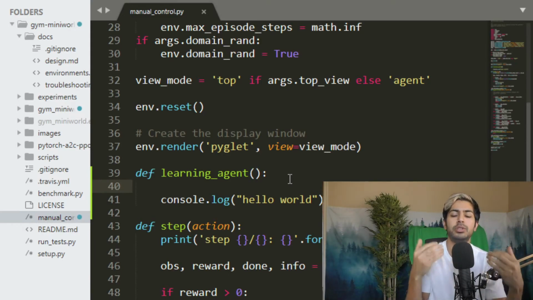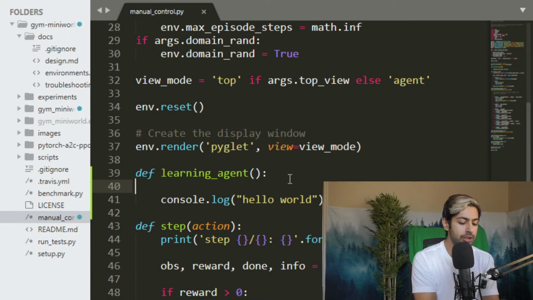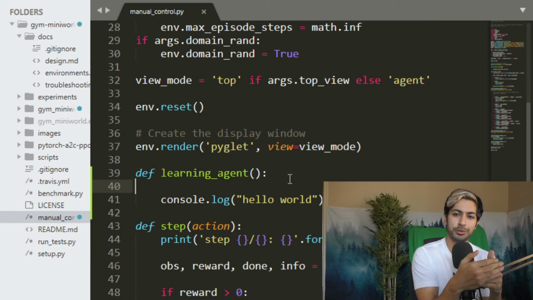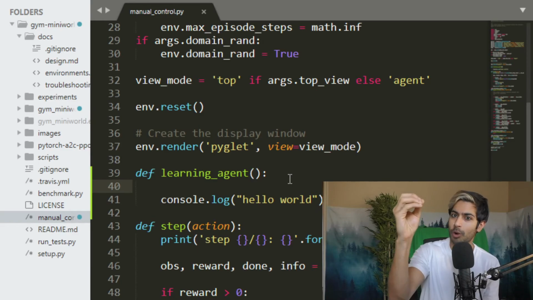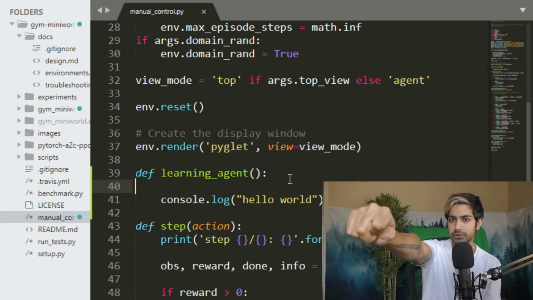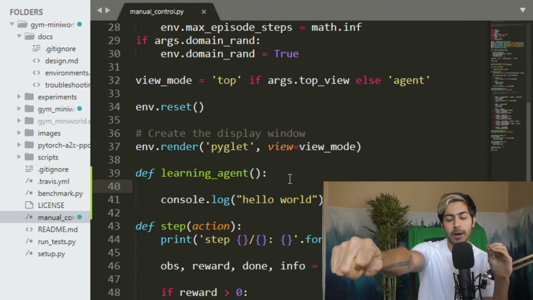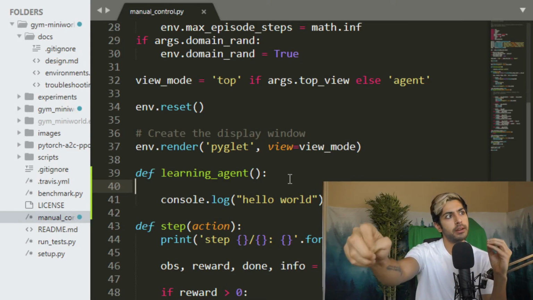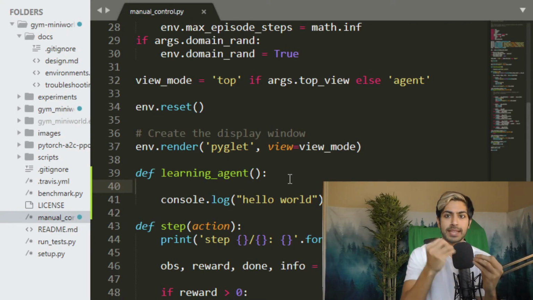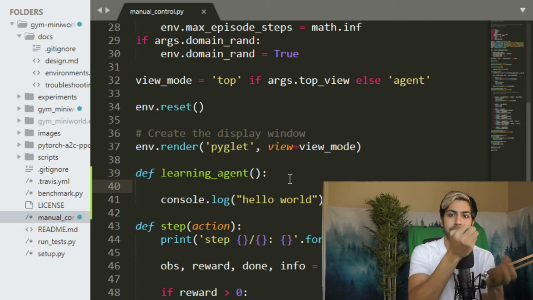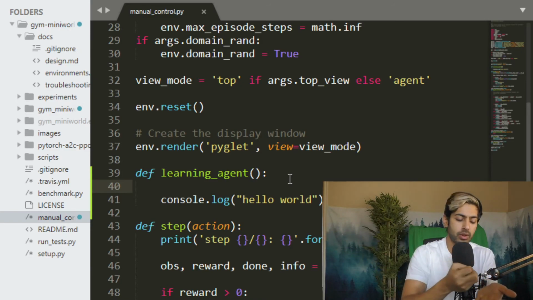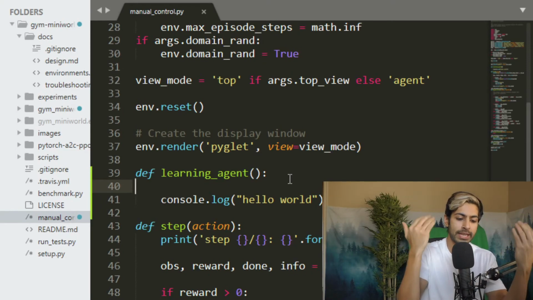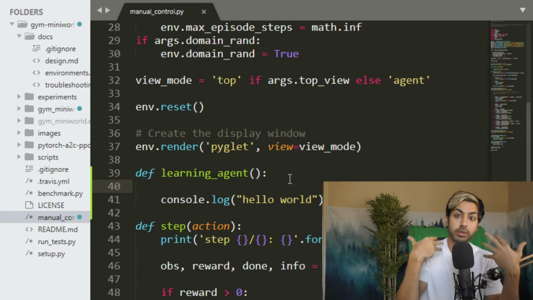We're going to feed that vector to this agent, and the agent is going to, in terms of Monte Carlo prediction, find whenever a reward is actually received. So it's waiting for that reward. Whenever a reward is actually received, it's going to store the steps that it took to get to that reward, and it's going to compute a value for all of those steps leading up to the reward. And so what it's essentially doing is storing in its memory the steps most likely to get to the